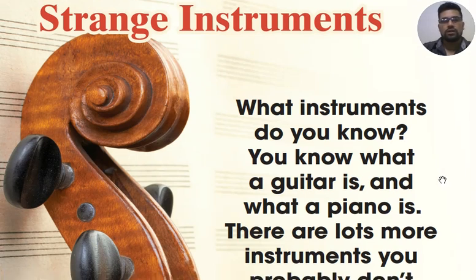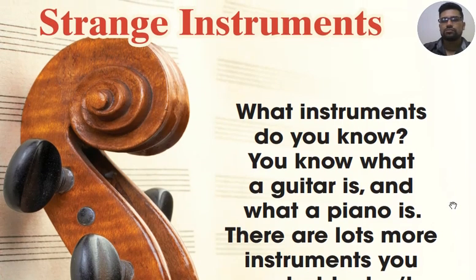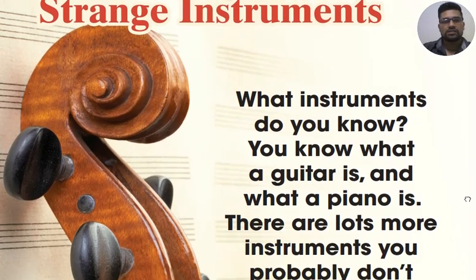Okay, we're going to talk about strange instruments. So remember that we're talking about instruments this time, and we're going to talk about some strange instruments that exist and we maybe don't know. So to get started,